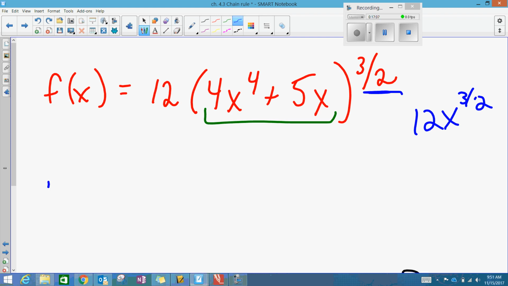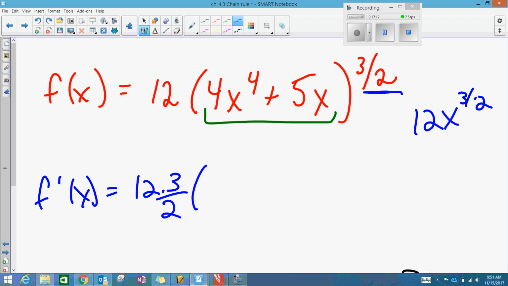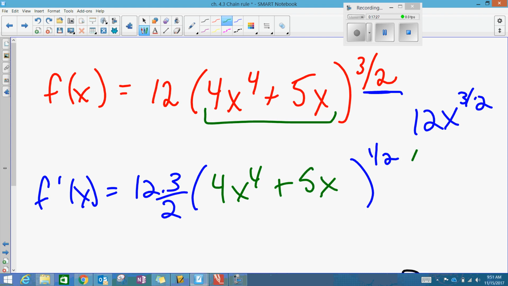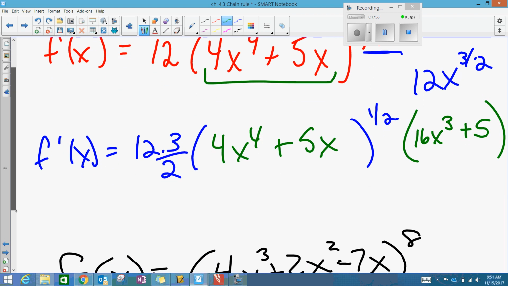So now, when I take the derivative of the outside, I'm going to show every step here. I'm going to keep my 12 out here. I'm going to bring down the 3/2. Subtract 1 from my exponent gives me 1/2. And my inside is 4x to the 4 plus 5x. Take the derivative of the inside, I get 16x to the 3rd plus 5. Okay? So now, to clean that up,